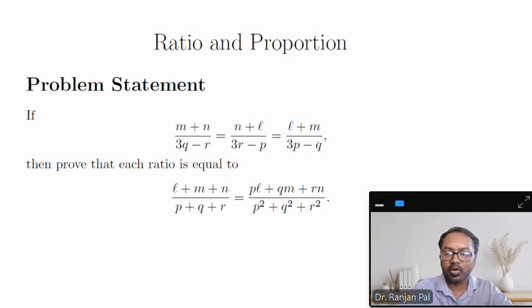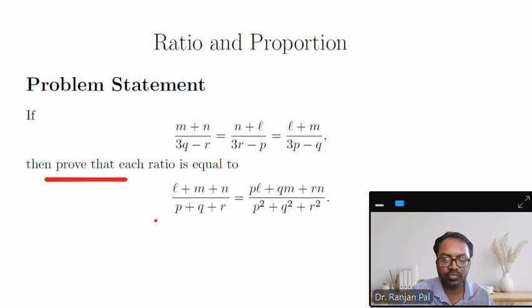Hello everybody. What if three complicated ratios are actually hiding one simple truth? Today, we will crack a powerful ratio and proportion problem using smart substitution and symmetry tricks. We are given this problem statement wherein these three ratios are given, and then we are asked to prove that